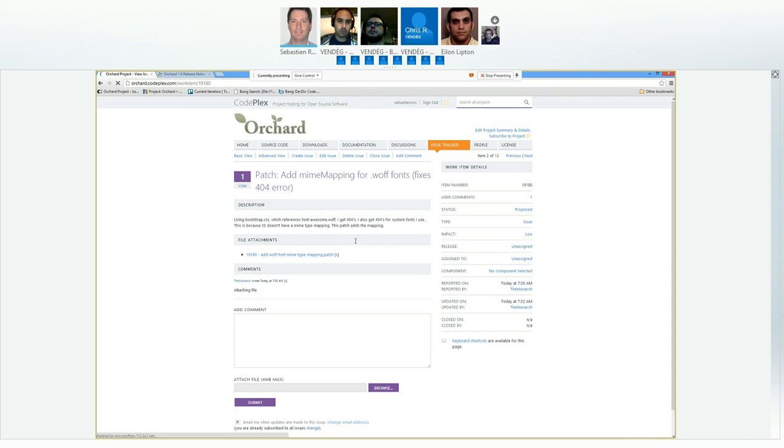Then those ones. There's a bunch of bugs filed for that. Giscard is suggesting that we should add some default mime type mappings in the web config, so that when you export on Azure, for instance. Yeah, Azure, and maybe IIS 7 and newer versions, you will have the default mappings for those content types,